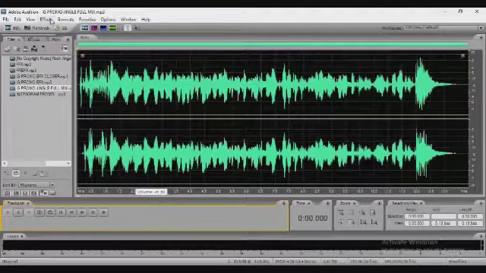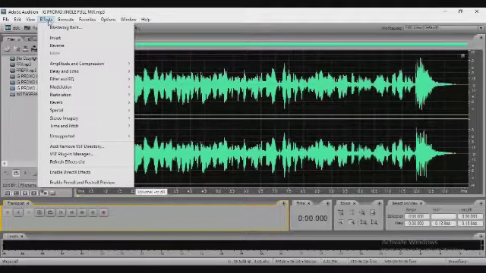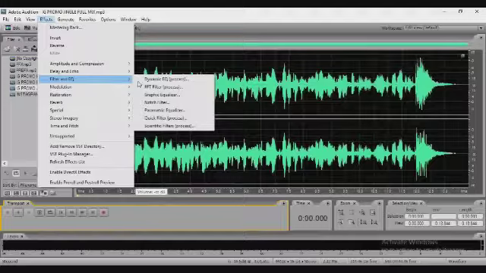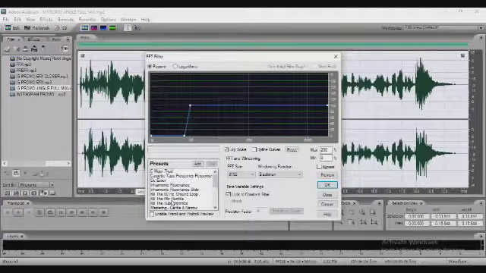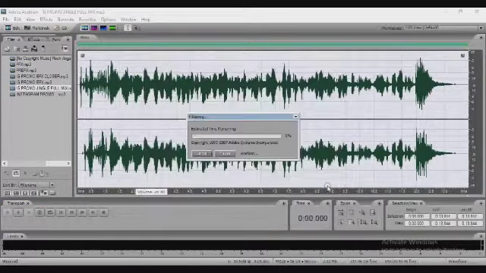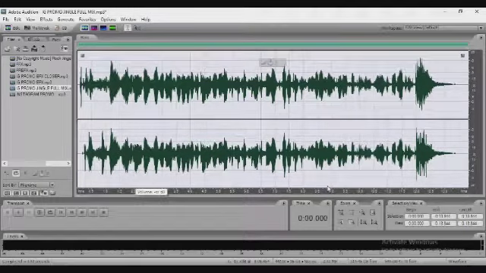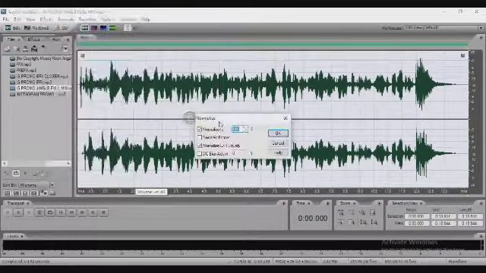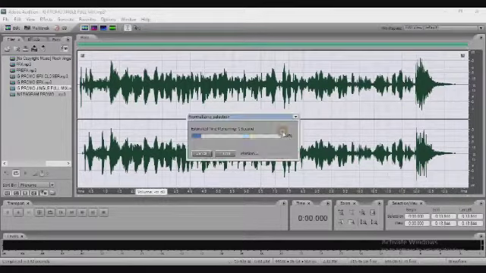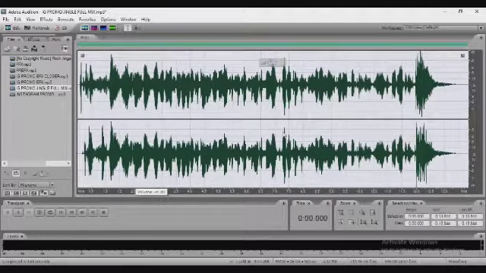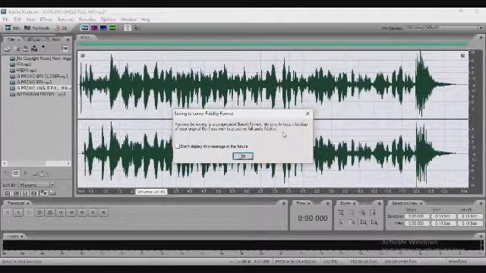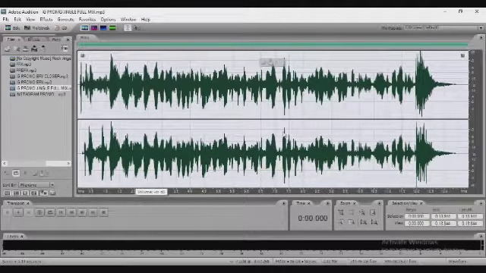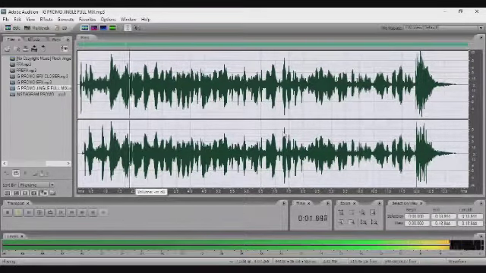Okay, it sounds okay to me, but I have a habit of going further. I go to Filter and EQ, hit the FFT filter, click on the mic rumble, relative difference, sorts of brings everything together, puts them on the same level. I head back to Effects again, Amplitude and Compression, come down to Normalize, leave it at 100%, click OK, and this is the standard volume. I save. Click OK, and